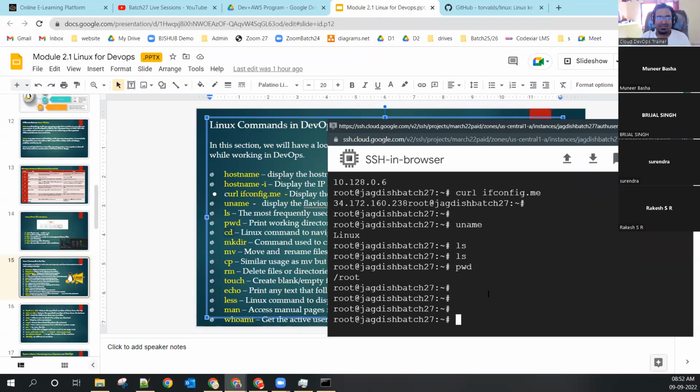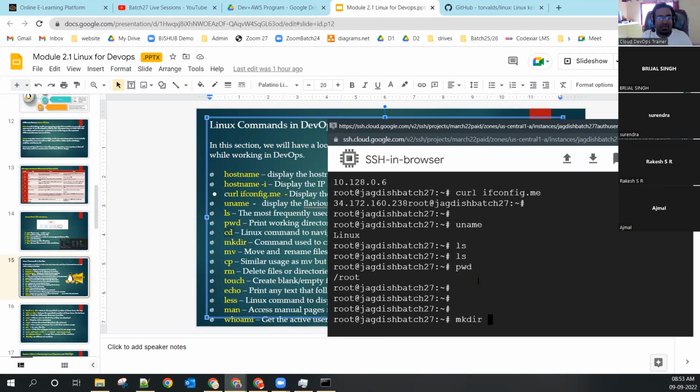In Windows, right click, new folder, and then I can create it. But in Linux, if I want to create a folder, I have to run the command mkdir.